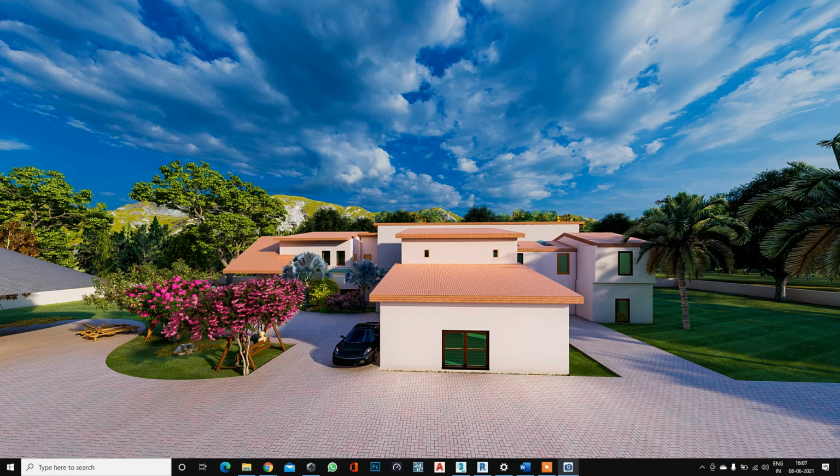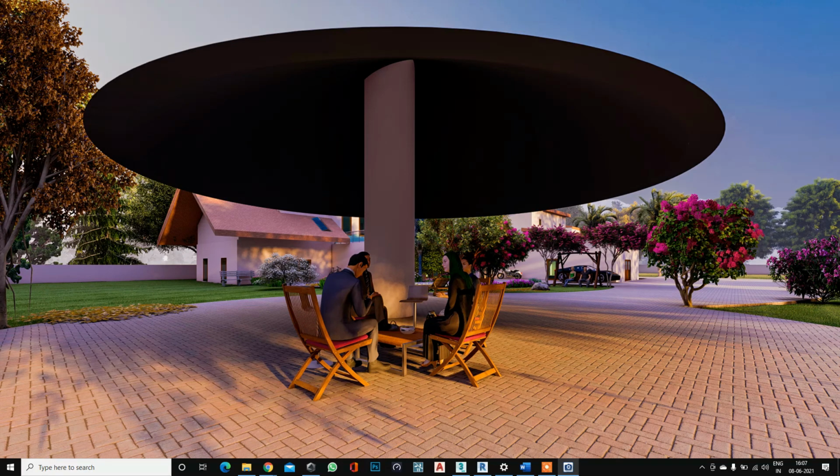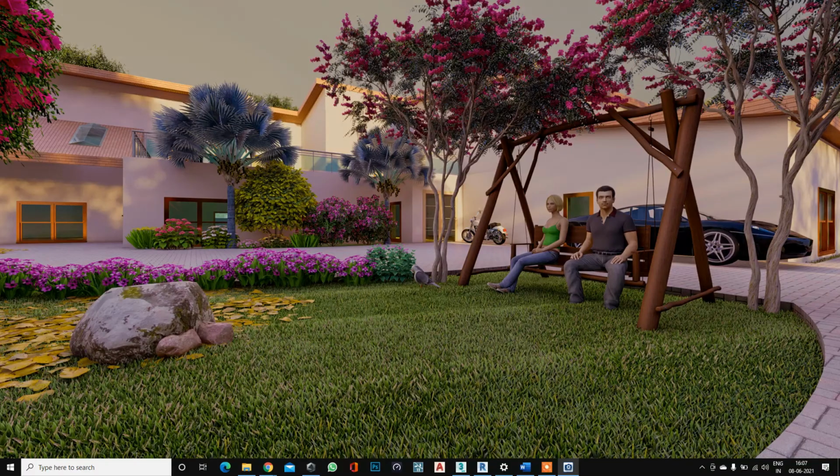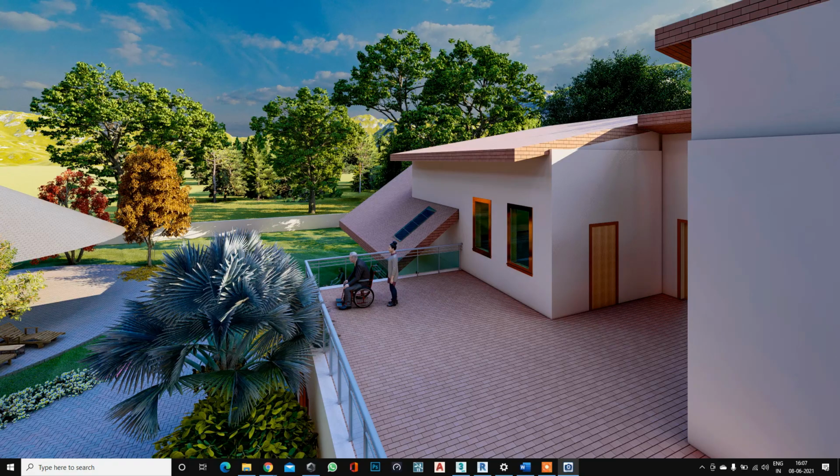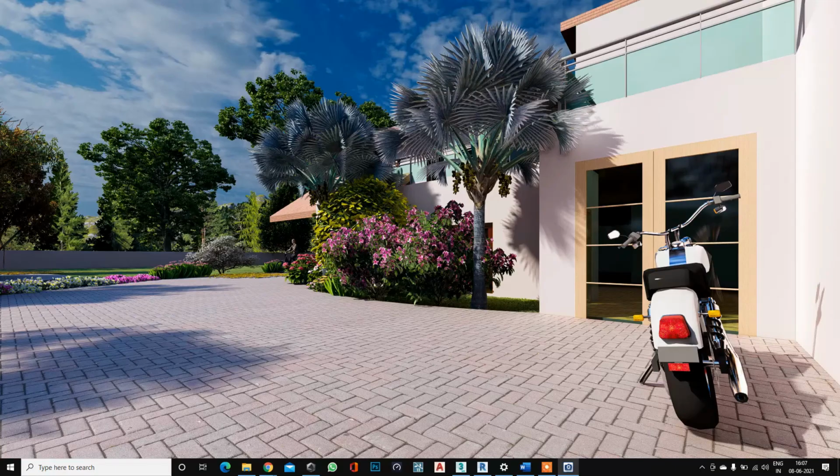The same model I imported from Revit to 3ds Max and then gave the render. You can see. This is the sun effect. You can see there is a bump in the tiles.